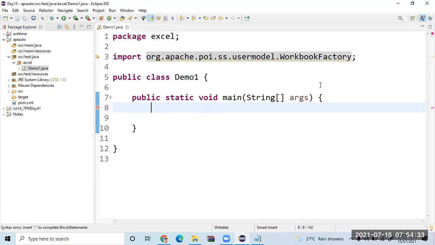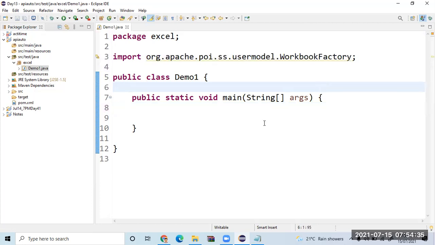So there are a few things you must understand. Whenever you add any dependencies, it will be listed under this option. What is the option it will be listed under? It will be listed under Maven dependencies. This is where it lists it. And where exactly is it stored? It will be in the .m2 folder.